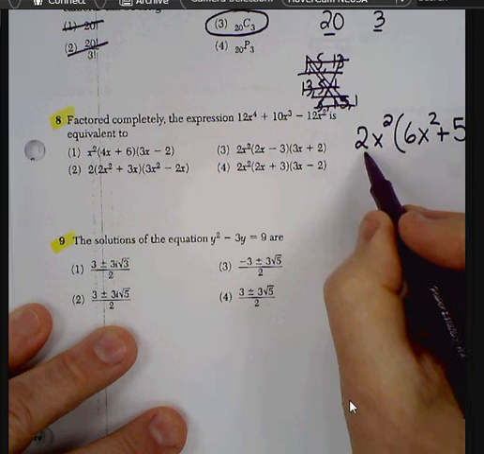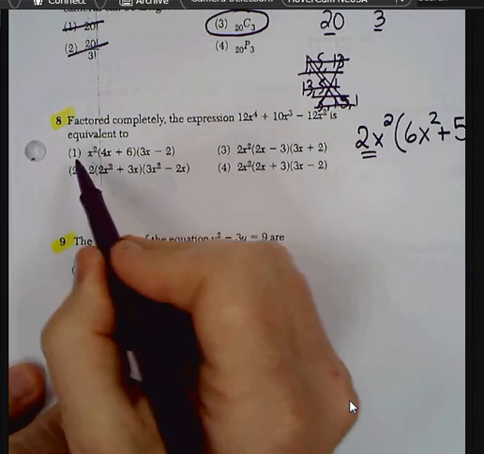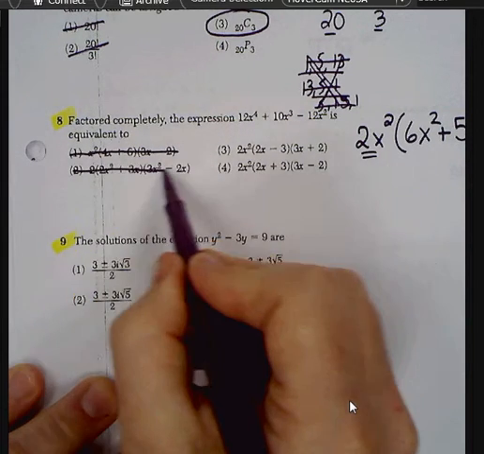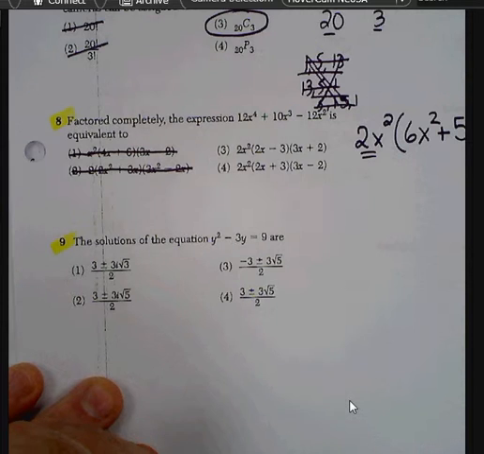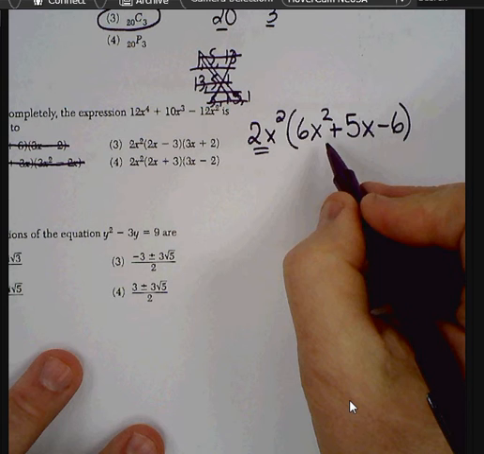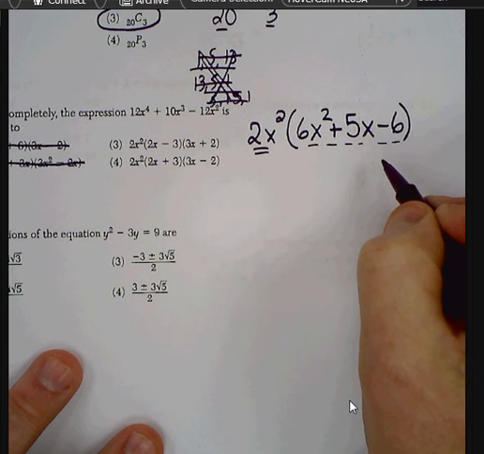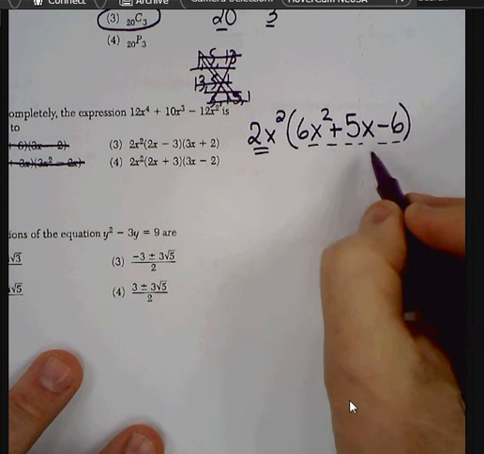All right. Right away, if you have 2x squared as a factor, take a look at your answers. I can throw out choice 1 and choice 2. They can't be answers to this question. So in other words, it's either going to be choice 3 or 4. And rather than factor this, which is a hard factoring technique, we should be able to do it, but rather than do that, I'm going